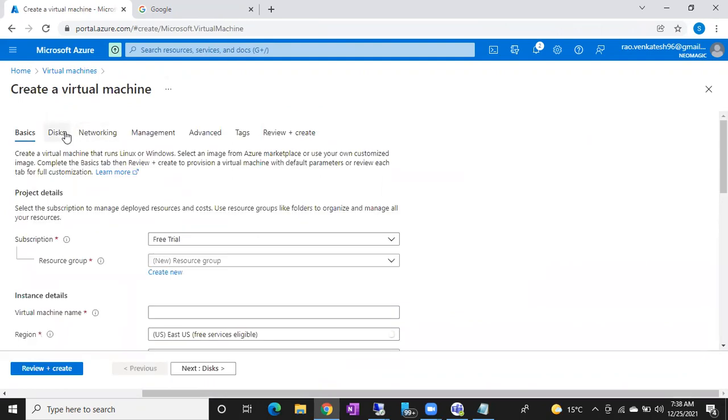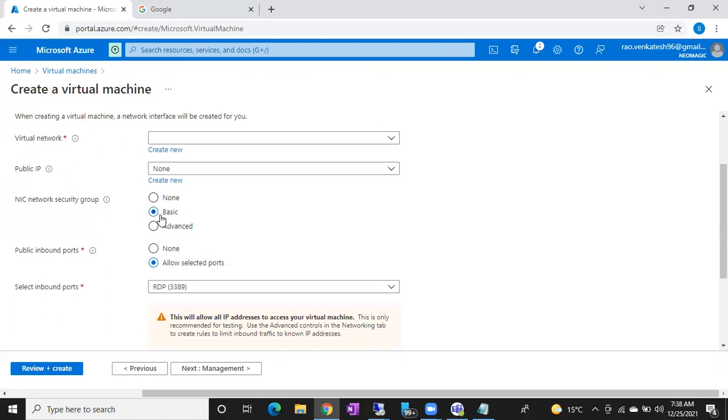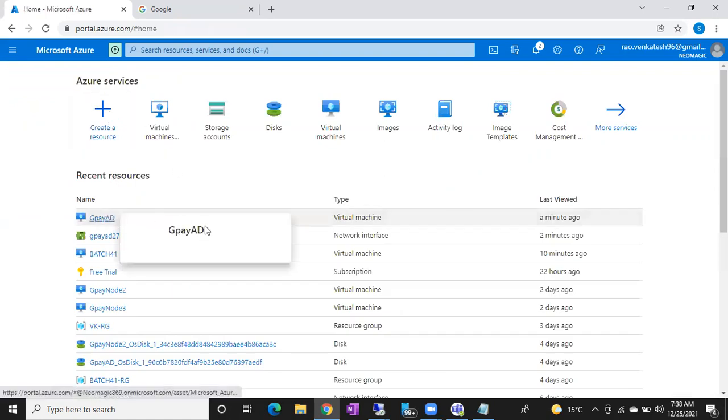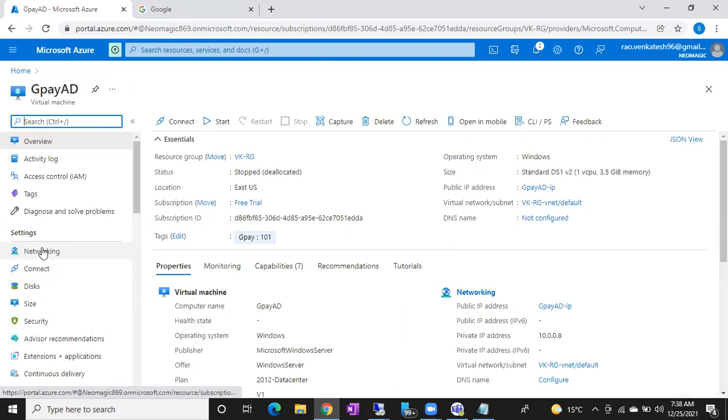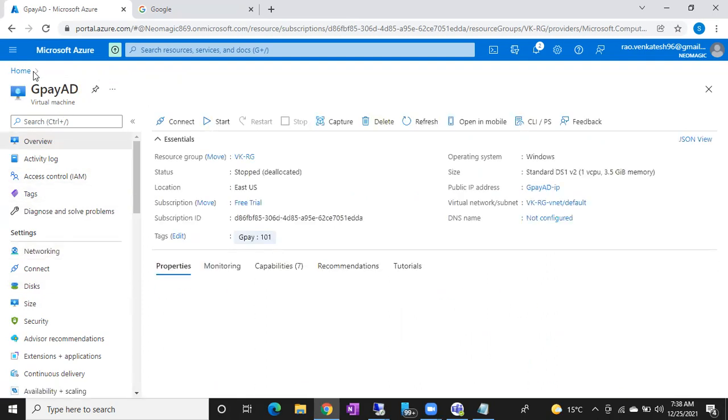There you have to choose. Usually it should be basic. While creating the machine, I said none, right? Okay, none, I said none. So you have to choose basic, then you will get the inbound rules and outbound rules also. After creating the machine also, we can change from none to basic. I have to check the network security group. Let me go to that.